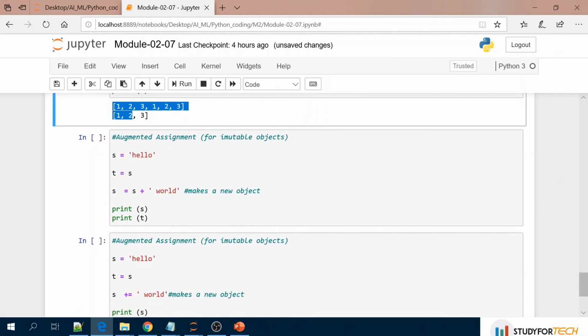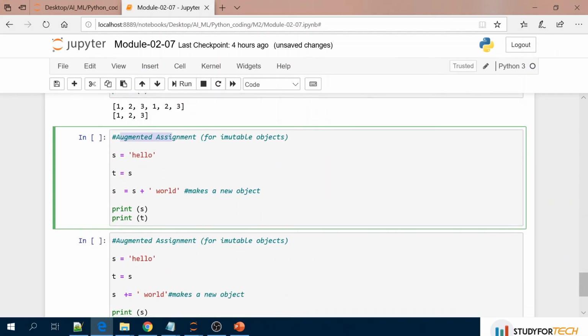Now if you see here, in immutable augmented assignment, s equal to hello and t equal to s. So both s and t are pointing to the same memory location, and that memory location has the value hello, which is nothing but a string. And when you do s equal to s plus world, which is nothing but a simple operation here, it will create a new object, and when it creates a new object, s will point to a different memory location, and t is still pointing to the old memory location.